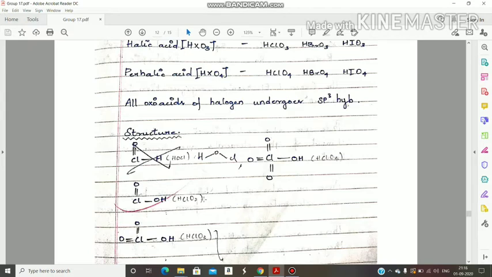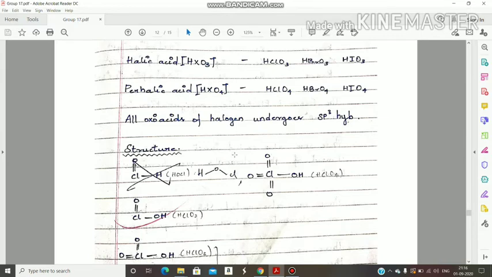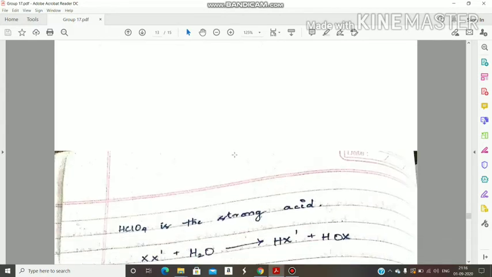I am telling all these points directly because you already know how to find the oxidation state of any atom in compounds. That is why I am not discussing in detail the oxidation states and how to find the hybridization, because I discussed all these points already in class 11. If you have any doubt regarding that, we will discuss those points in the live class. Next one,